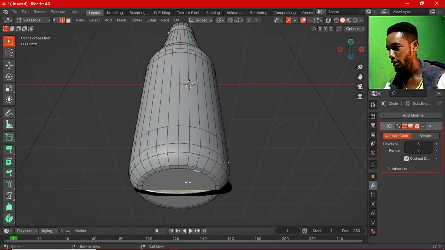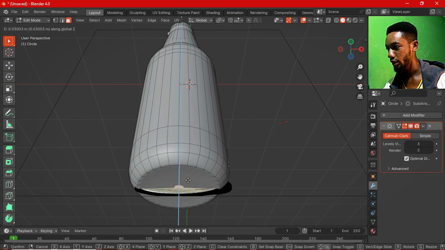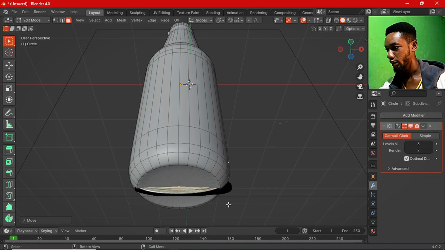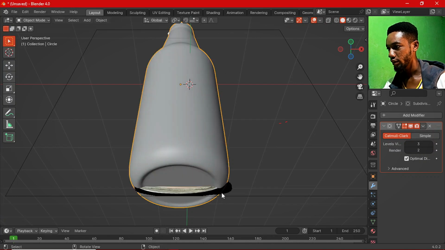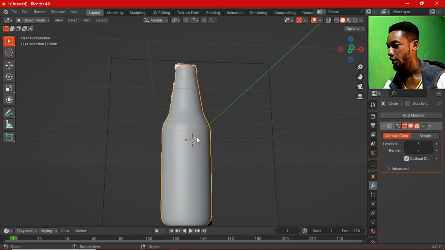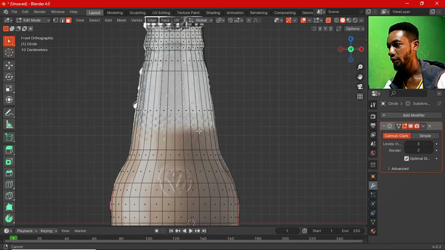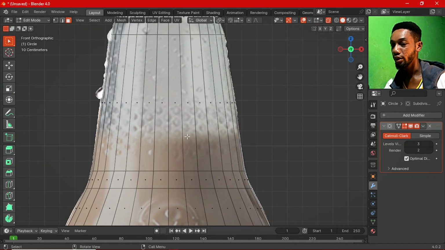All right, and we can also select the bottom and then G, Z, bring it up a little, then scale it in. Then we have something like this. Okay, and then we can go to the front view tab, Alt Z. Now as you can see, if you take a look at the reference image,